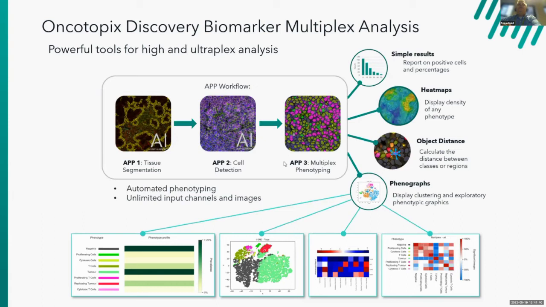Alternatively, within our software, we can go through our multiplex analysis, where we have a couple of ways where we can have the software assign phenotypes based on the expression patterns of individual objects so that we can reclassify them as individuals and then do a bunch of quantitative analysis where we're going to generate simple results. Maybe we want counts, percentages, some things like that. I'm going to show you a way that we can do some very cool data visualizations so we can project heat maps so we can look for areas of high density. Again, we know the XY coordinates of every single object, so we can do some cool object distance calculations and